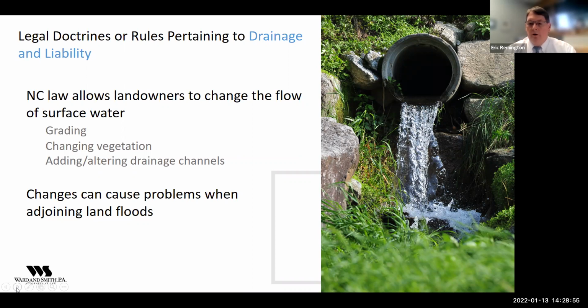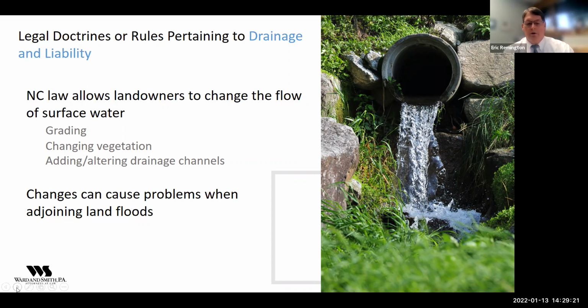And they also may alter natural waterways, streams or channels of water, and they may add drainage and things like that through those plans. And the result of all of that can be that there are legal issues that arise, problems that occur between adjoining landowners and the land that has been developed.